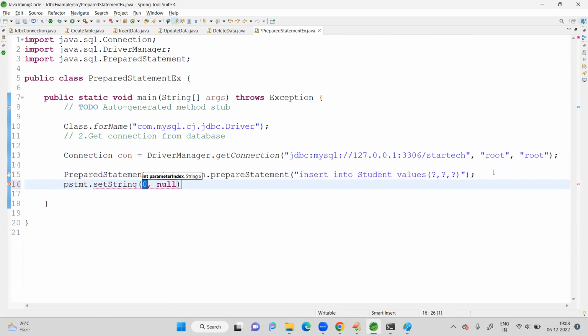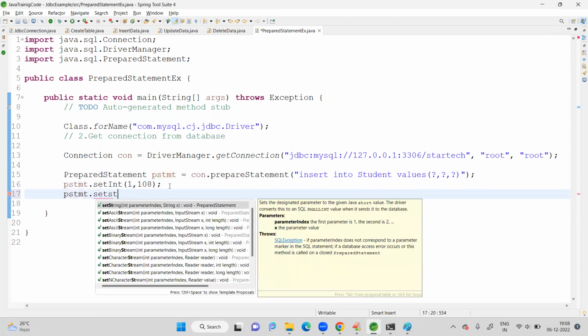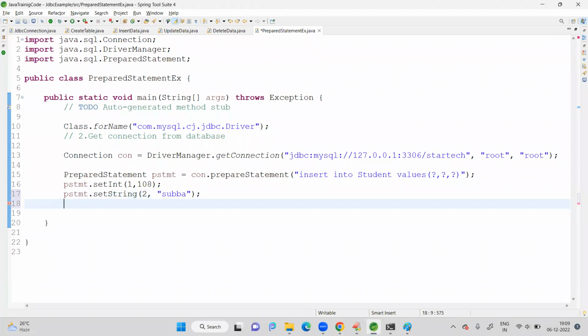Okay. Set string, take a 1 and the value I'm giving is 108. Maybe I can give setInt or setString, both are fine. Set int for int values. Next one is set string, because name is a string. These two, name is Kumar, or I can give